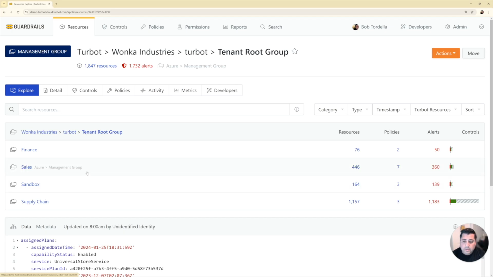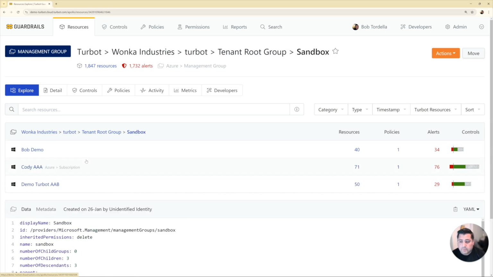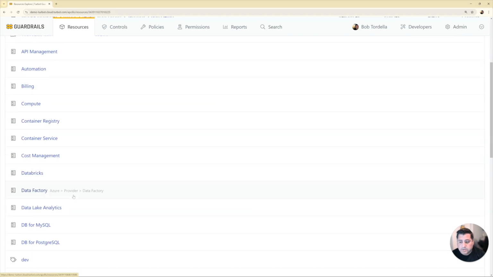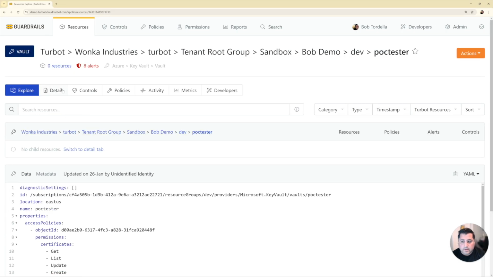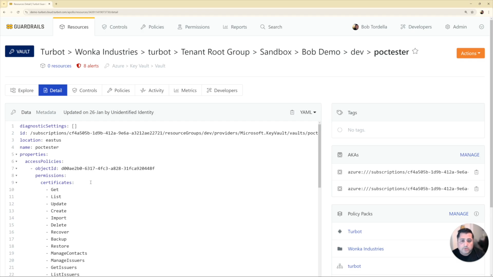All the resources within there, for example, if I scroll down into the sandbox management group and then down to a very specific project, I can then drill into each of those and then drill into the resource groups, into the resources themselves. Very much similar to Guardrails as you're very experienced, but just an easier way to bring in your entire